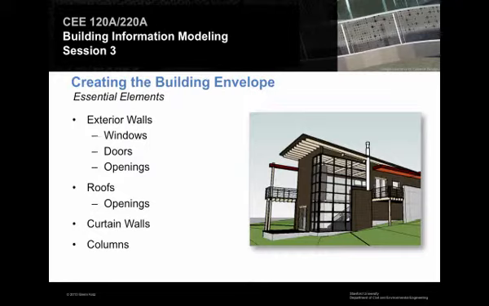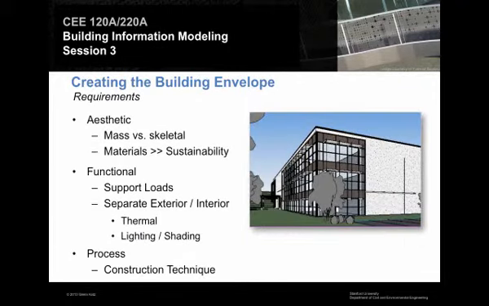Okay? We'll think about roofs and curtain walls and columns. Those are all part of it too. We'll get to roofs next time. Columns next time. But there are all these different elements that are ultimately part of the overall building envelope that we need to consider. And as we think about the building envelope, you have to realize you're designing it from all these different considerations. Designers often think about it aesthetically, so we think, I want a